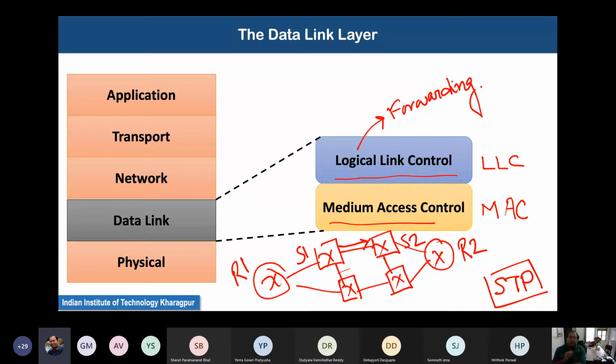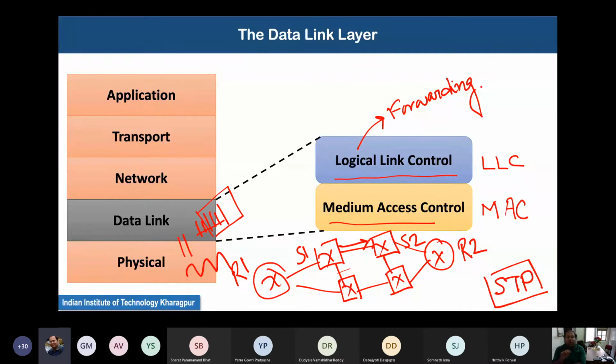So the purpose of the MAC is to ensure that you transfer the data in a noise-free way. The first functionality supported by the medium access control is interfacing with the physical layer. In the physical layer, you are getting the raw signal, and in the data link layer, you need to convert the raw signal to data bits and then identify what part of the data bits constitutes a data frame.